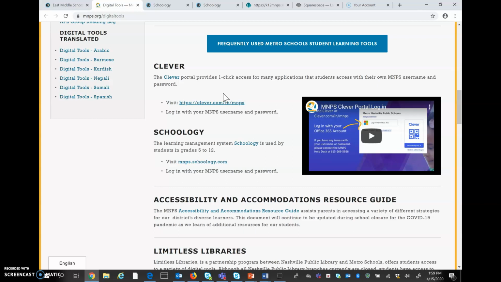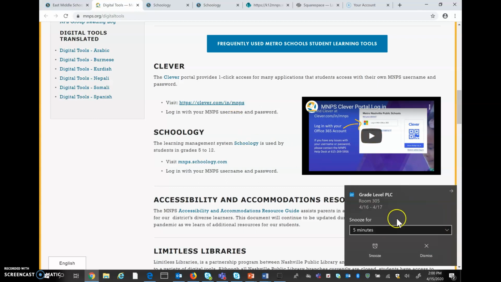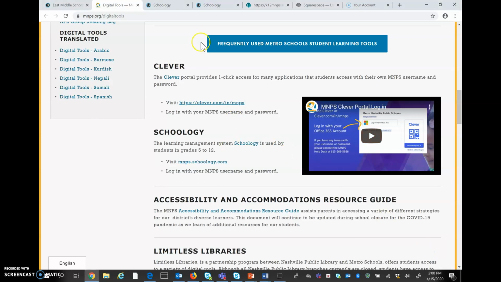Students take a diagnostic test on iReady, and then it creates a program that aligns to their needs based off of how they did on the test. So it is a really good resource that students can take advantage of working at home.